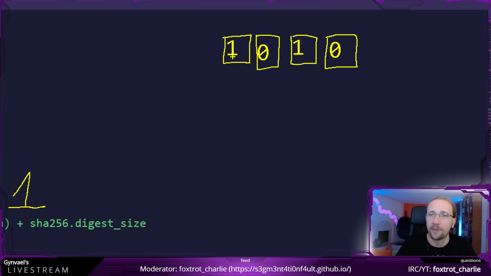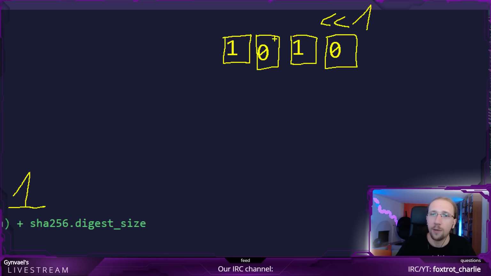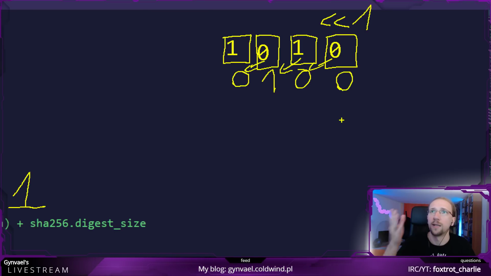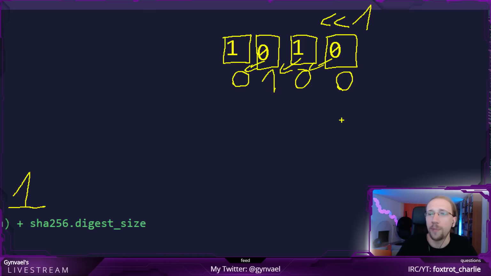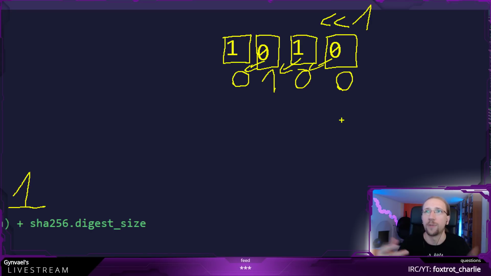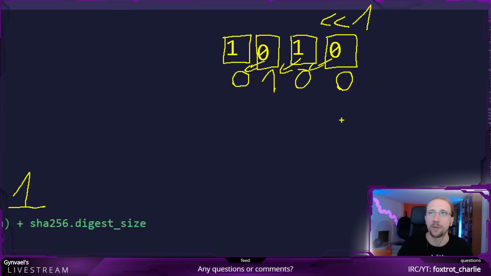Let's note it. And then what you do is you shift the registers by 1. So you do a shift by 1, which means that the 0 goes here, the 1 goes here, the 0 goes here. I'm just shifting. So this goes here, this goes here, this goes here, and we add an additional 0 at the end. Now, in the place of that 0, this is the shift part, we actually need a new number. Otherwise, after calling it a couple of times, we would always get zeros, and that's not really a random number.